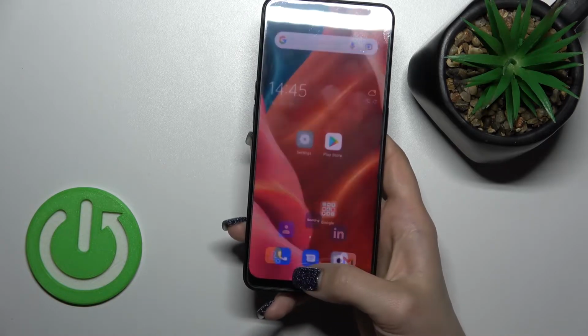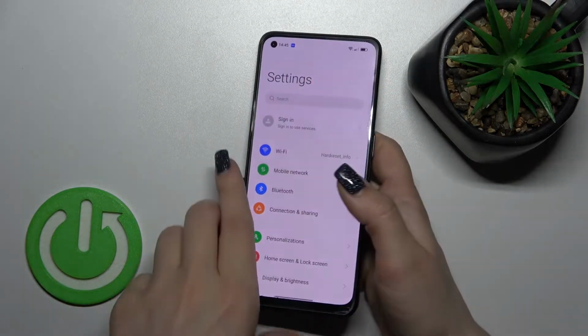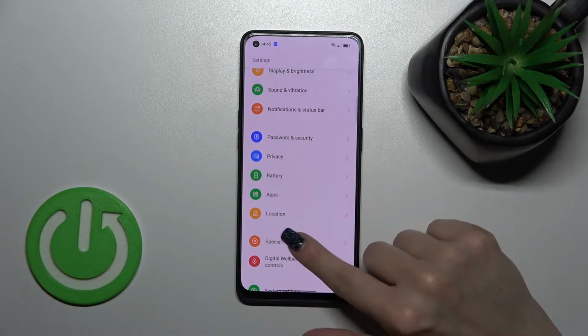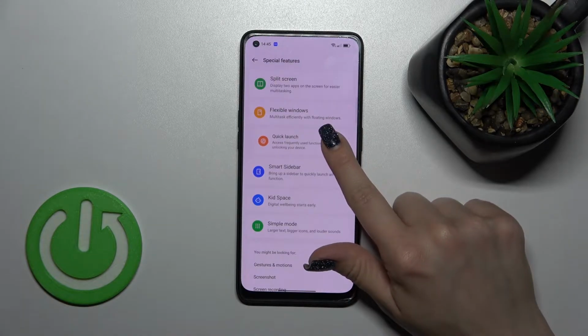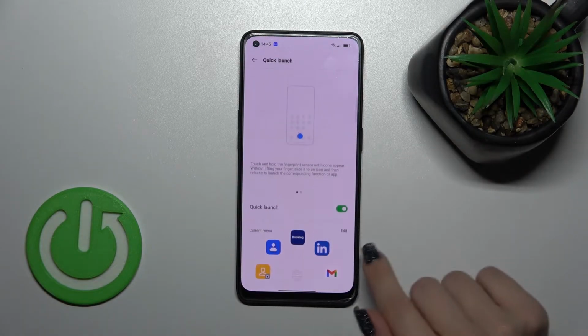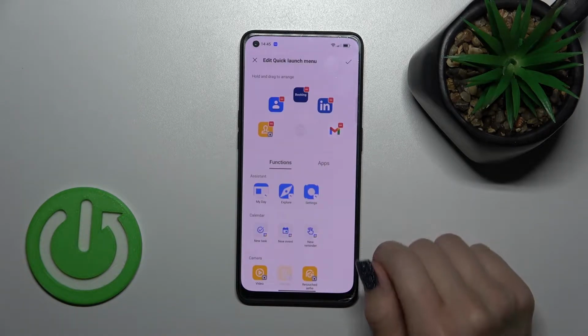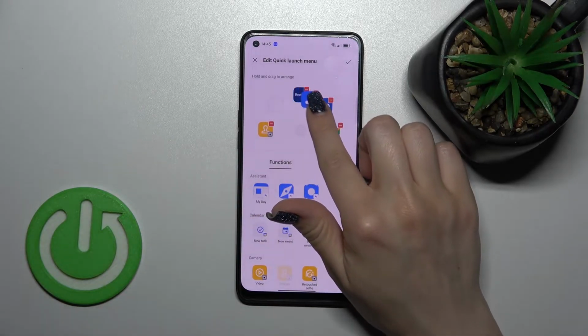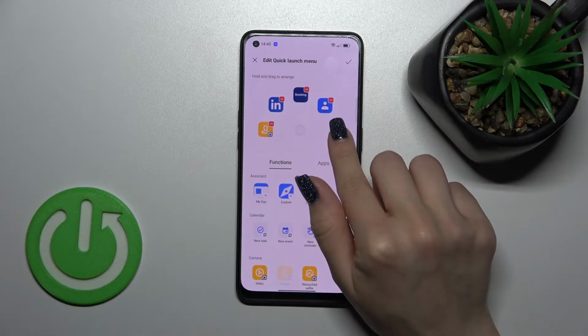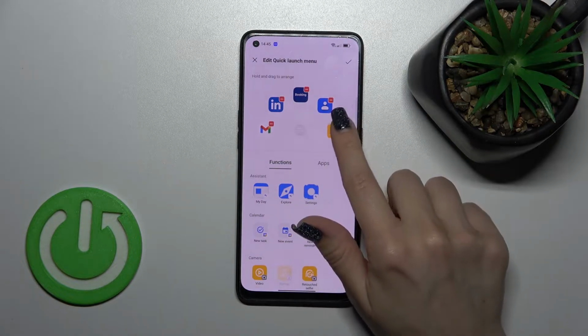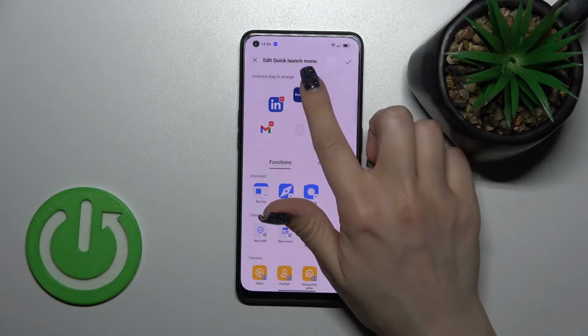So if you want to change them, we should launch the settings application and then scroll down to the special features. Then click here on quick launch, and to change it to the current menu, we should click here on edit. Now again, if you want to just change their positions, just hold it and drag it this way. But if you want to just remove, for example, these 3